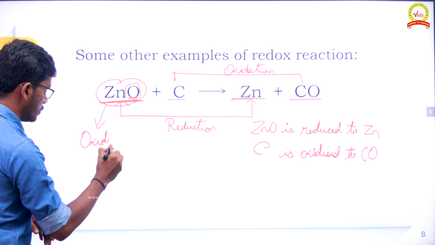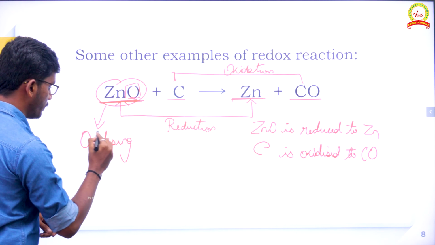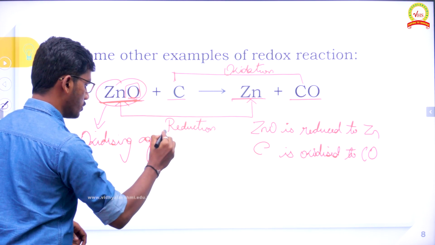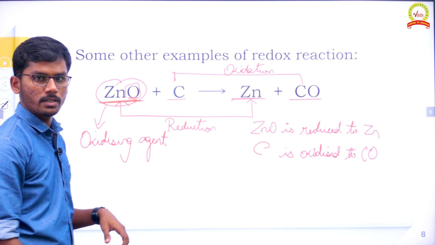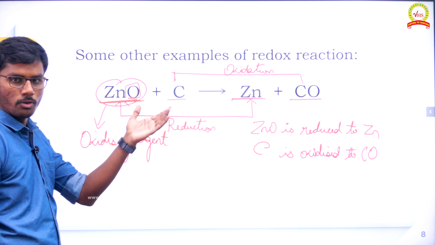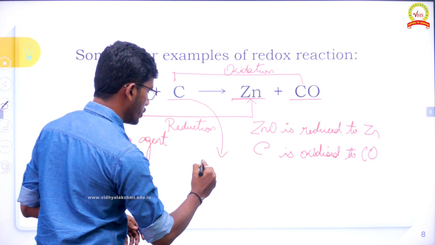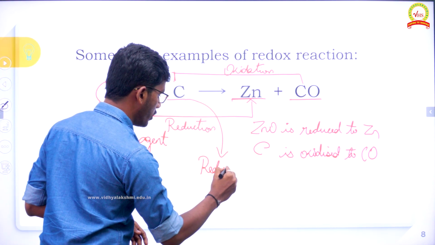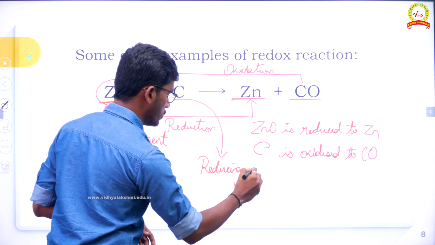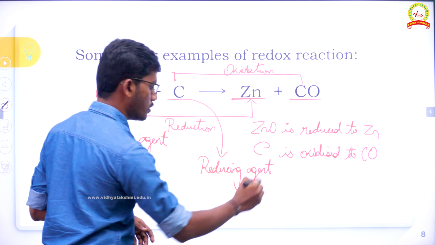Oxidizing agent. So if zinc oxide is going to be the oxidizing agent, obviously carbon is going to be the reducing agent. If you find it difficult to find which is the oxidizing agent and which is the reducing agent, a short method you can learn is: